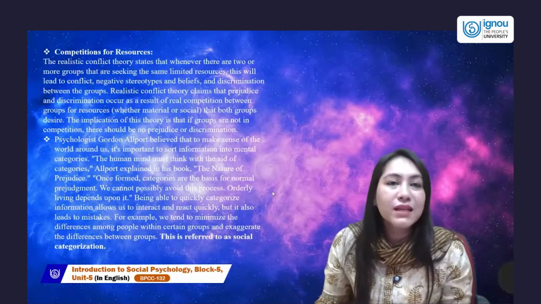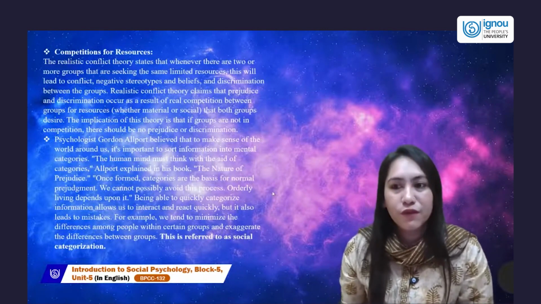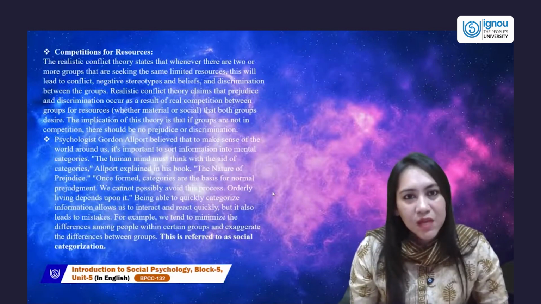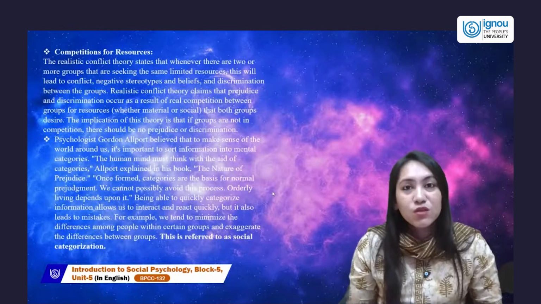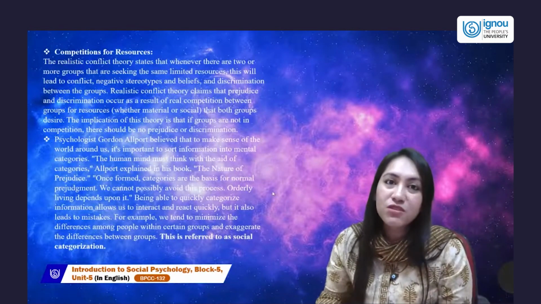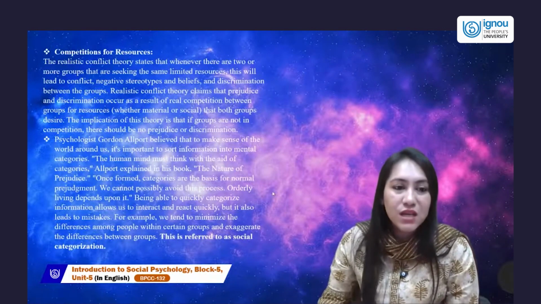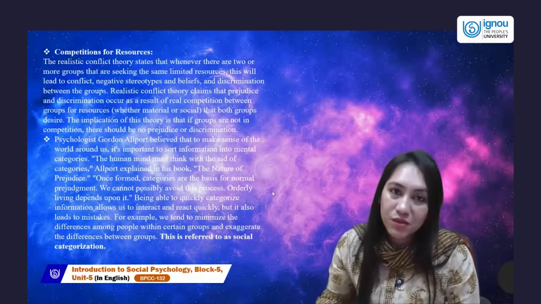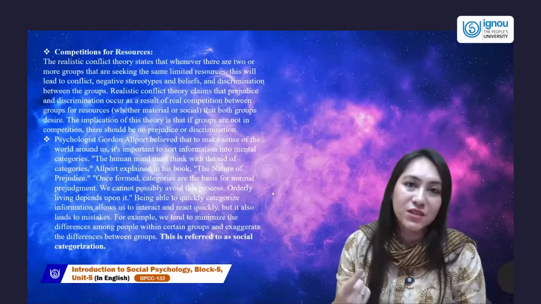Being able to quickly categorize information allows us to interact quickly. Let's take an example. You need to go to a party, and the party has a theme. The theme is the category. The theme allows you to know already how people are going to be grouped and dressed up. So this is a stereotypical attitude, which is a pre-assumption we already have in our mind. These categories are really important because they help us interact quickly. They help us interact well.